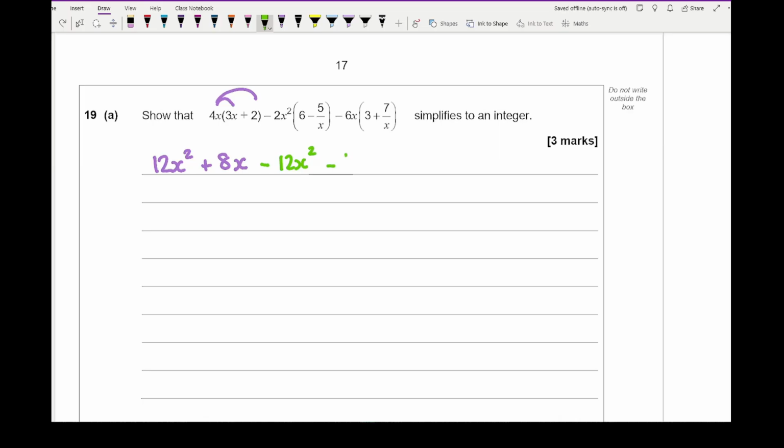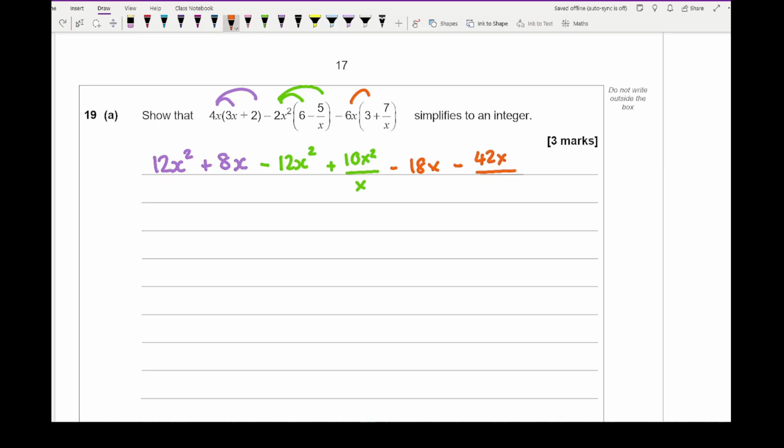So that's going to be 10x squared over x. And then I multiply 6, and let's just use a different colour. We've got minus, and that's going to be a plus there. Again, because a minus and a minus becomes a plus. Then we've got minus 6x times 3, which is minus 18x. And then we're going to end up with minus